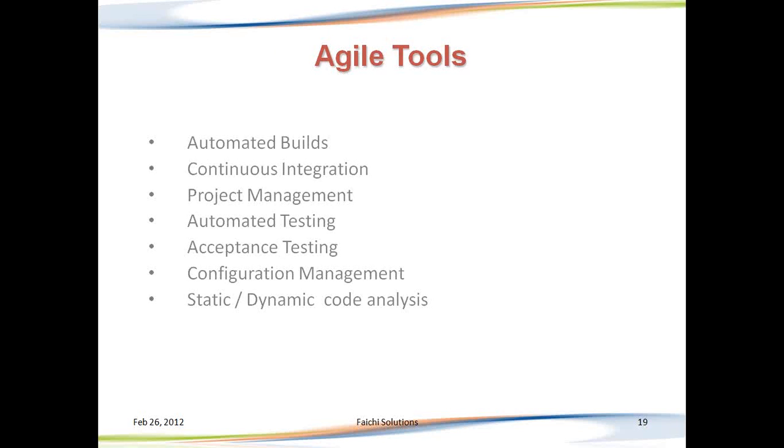The next aspect that we need to consider while we are rolling out Agile is the tools that we are going to use. And there would be several tools that will get added once we start following Agile. The team members might want to have an automated build mechanism. The team would like to have a continuous integration mechanism where whatever code changes are being developed, the continuous integration environment will pick up those changes, will create a build, will deploy those builds, and will execute some kind of